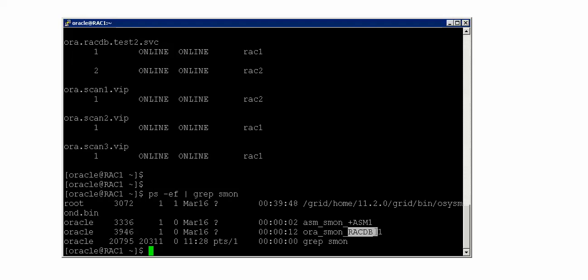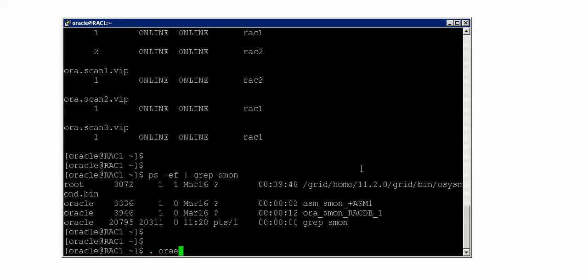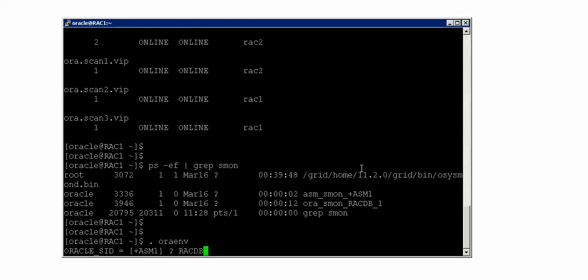You can see the instance name is not just rackdb1, it is rackdb_1. I'm not sure if you already have experience with policy managed databases over administrator managed databases, which is a feature right from 11gR2. I have my Oracle RAC instances as policy managed databases. That is the reason the instance name is rackdb_1. If it were an administrator managed RAC environment, the name would be rackdb1. Okay, keeping that aside,